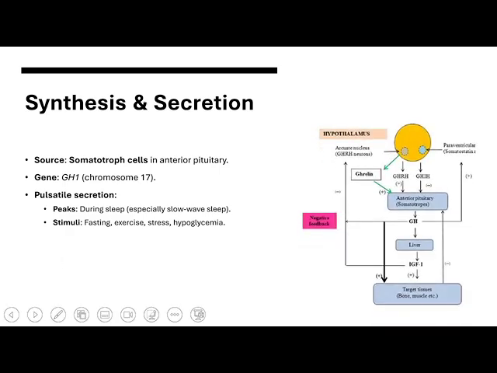Here you can see the paraventricular nucleus as well as the arcuate nucleus that are present in the hypothalamus. First, there is the arcuate nucleus, which is responsible for the release of growth hormone releasing hormone, and that will stimulate the anterior pituitary, and most probably it will stimulate the somatotrope cells present in the anterior pituitary for the secretion of